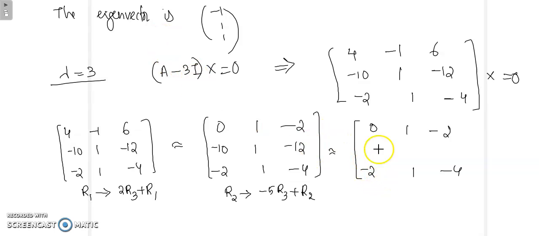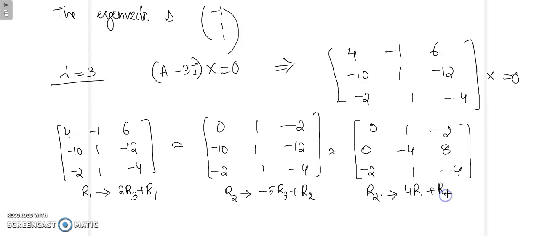So we'll get 0 here, then minus 5 into 1 plus 1, so that is minus 4, then minus 5 into minus 4, that is 20, 20 minus 12, so you're going to get 8 here. The first and second rows are multiples of each other, so take